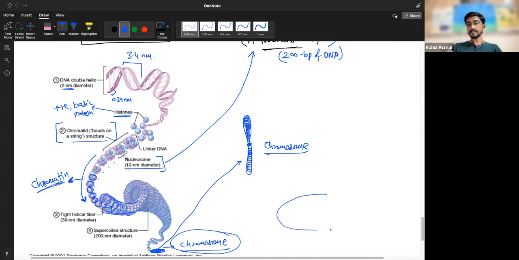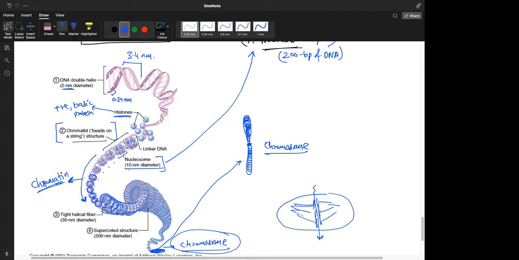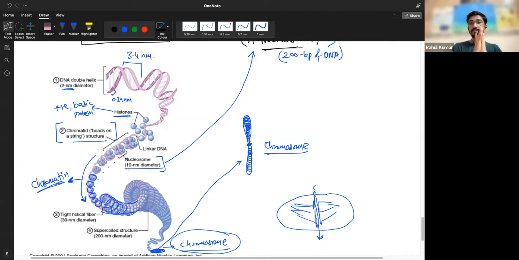Remember, in the metaphase stage, everything aligns on the plate, right? Like this. It is called metaphase plate. The DNA aligns like this. Then half of it goes to one side and half of it goes to another side. You have seen this diagram, right? In cell division. And then the cell divides from the center. So this thing which aligns at the metaphase during cell division is these chromatin fibers which align to form